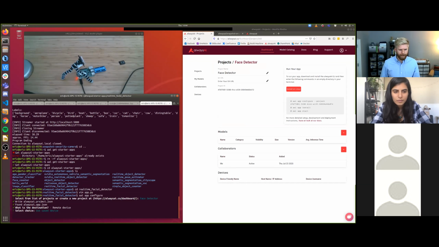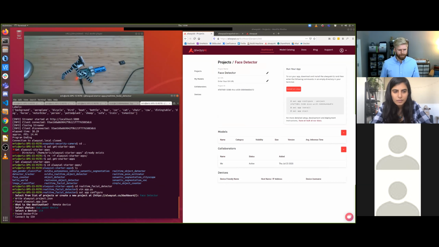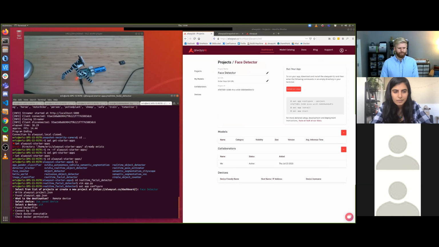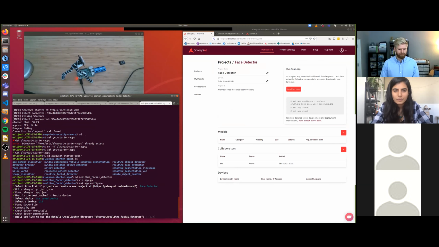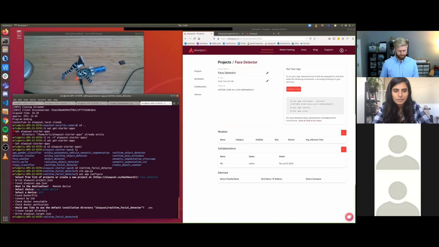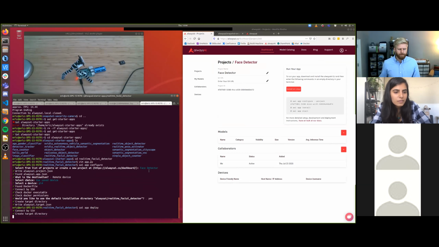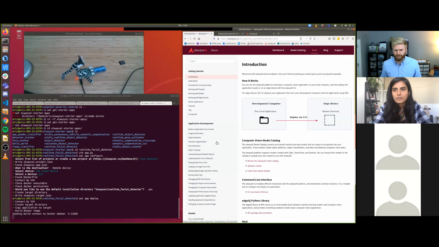And I already have this device set up, so I can just select it again. And while that's going and installing the model, let's dig around the docs and figure out